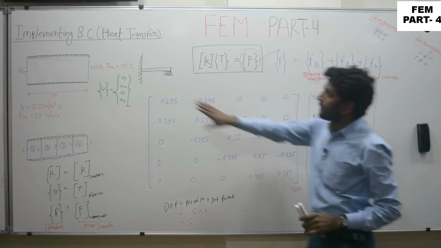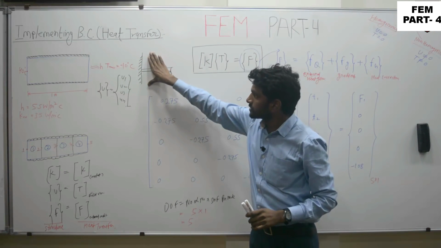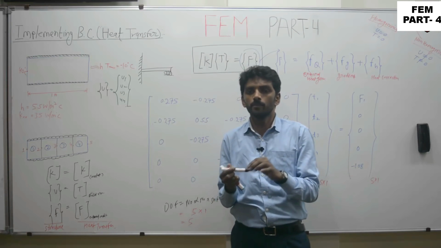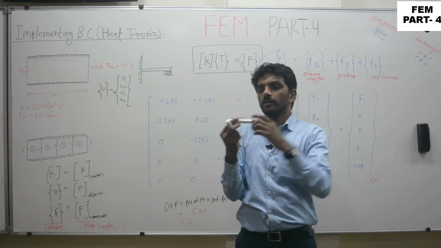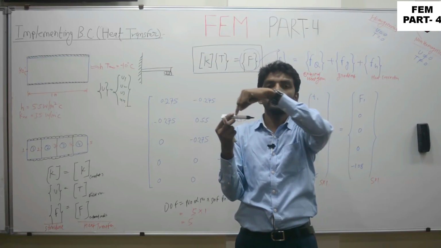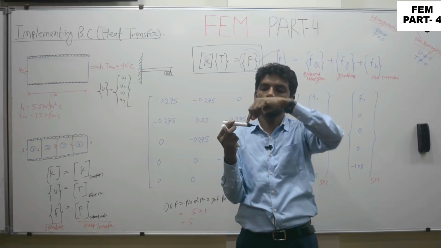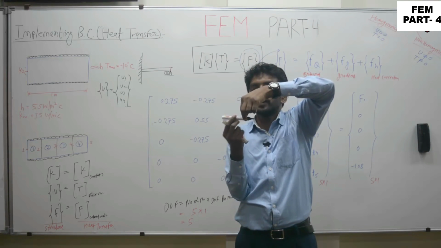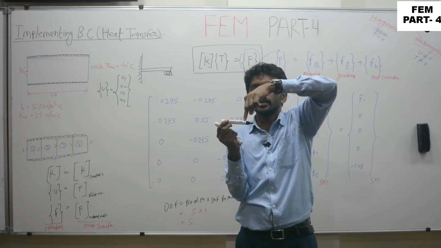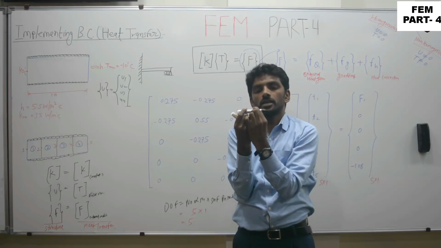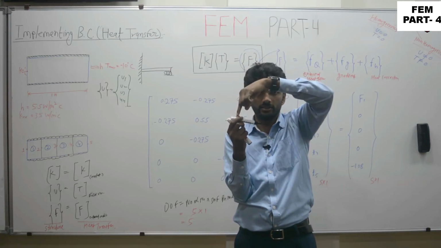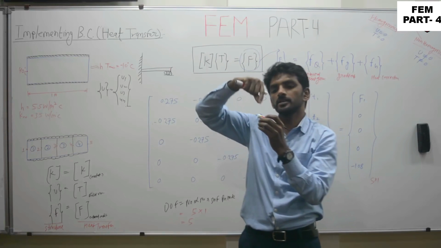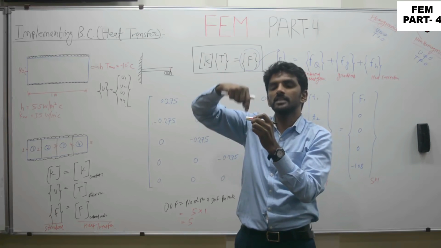In comparison with the last questions or the structural issues, in structural issues our objective was to find out the nodal displacement. Nodal displacement means, suppose there was a beam. Now if I am applying F amount of force at any particular node, then how the corresponding nodal values are going to change. If I am applying external force, it means this particular beam is going to deform. Deform means either it is going to change its shape or it is going to be displaced in the vertical direction. So at those particular nodal points, we were interested to find out the variables, especially the rotation terms, theta, and the vertical displacement.